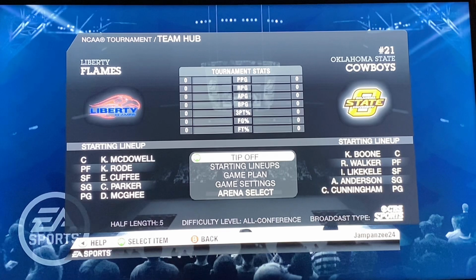Now, Oklahoma State was one of my favorite teams to make a Final Four run in the tournament, but of course they got stacked up in Illinois' region, so that sucks. But obviously, I have Oklahoma State winning this one in my actual bracket. But here in this NCAA Basketball 10 simulation, will we see an upset or will we see Cade Cunningham lead his team to the second round? Let's see how it goes.